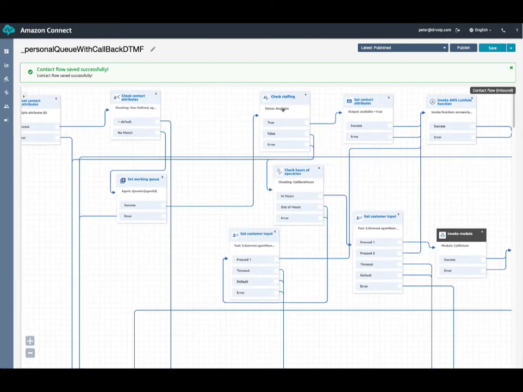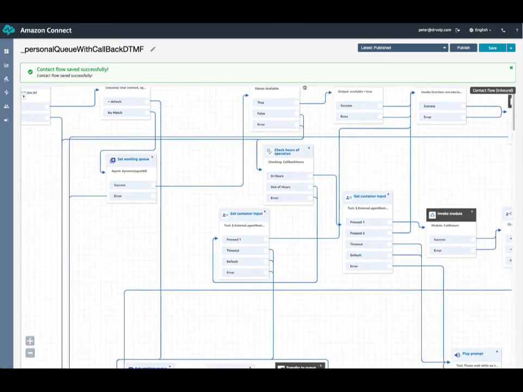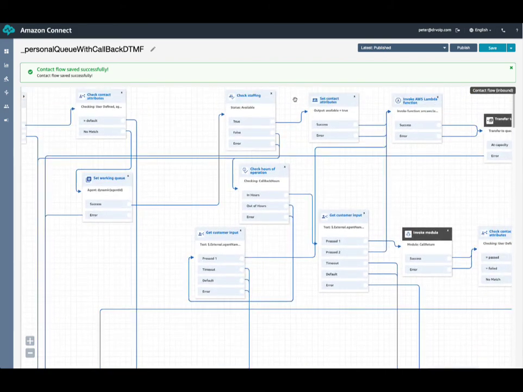But what happens if the check staffing fails? Then we may want to offer some options. But keep in mind, we don't want to offer callback unless it falls within certain hours. So we created a check hours operation here, and we've got business hours set called callback hours. And if it's between, let's say, 10 and 5, we go this way.